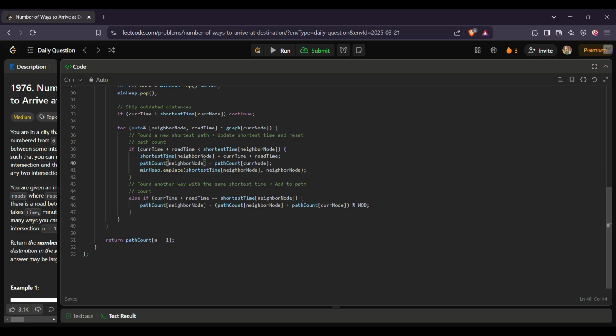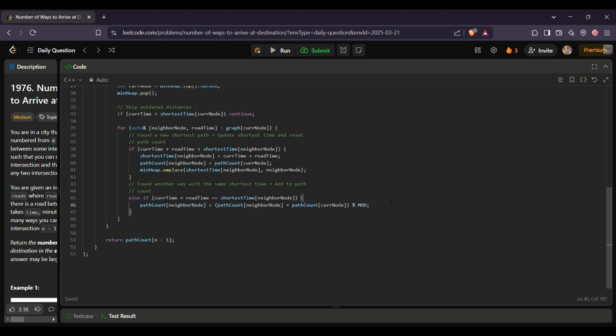If we have found another way with the same shortest time, we add to the path count. Every time we find a new shortest path, we set the path count to 1. And if we find the same current time plus road time,